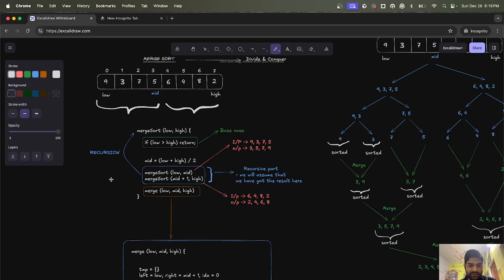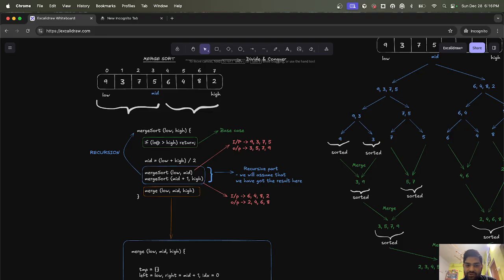If you notice here, we are doing the same, right? We have a merge sort function in which we are passing low and high, and it is again calling merge sort, correct? It is calling it with some other parameters. That is okay. Now in recursion, what happens is